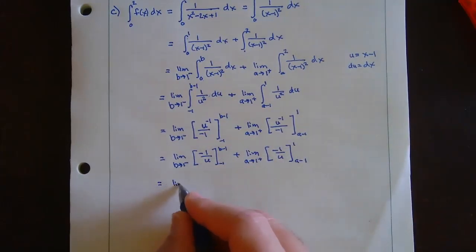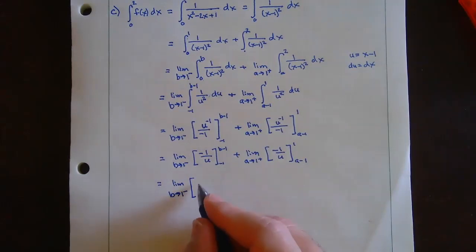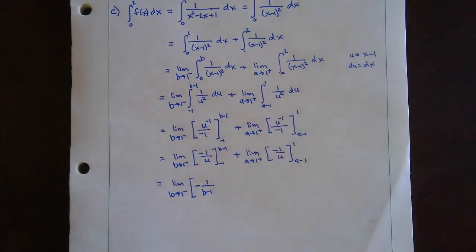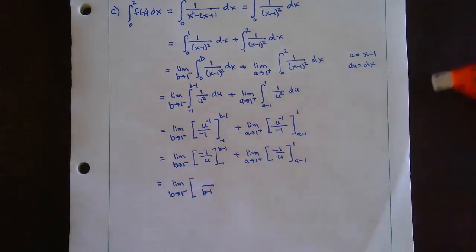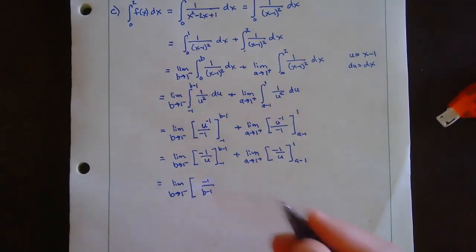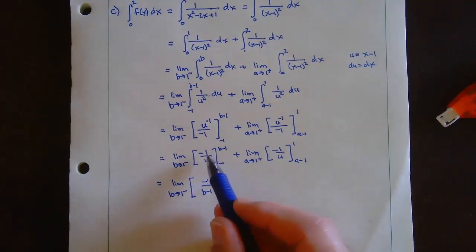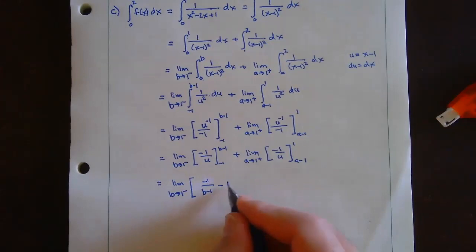So this would be the limit as b approaches 1 from the left of, now we're going to put b minus 1 in because that's the upper limit. So this would be -1 over b minus 1. You know what? I actually want it to be -1. It would be the same thing; it's going to be easier, you'll see in just a minute. And then minus -1 divided by -1, which would be +1. So that'd just be -1